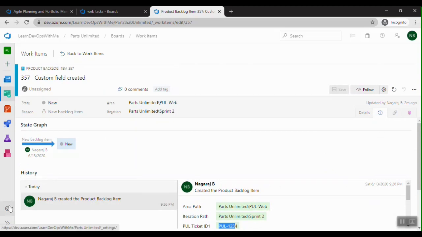So we can do a lot of things in the process template customization. Maybe I will have a separate video on that where I'm going to show how to create a new work item type, how to change the portfolio levels, right? How to add a new level. So we have epic and feature, but how to add one more level, right? All those things I want to have a separate video where we'll see only about process customization.